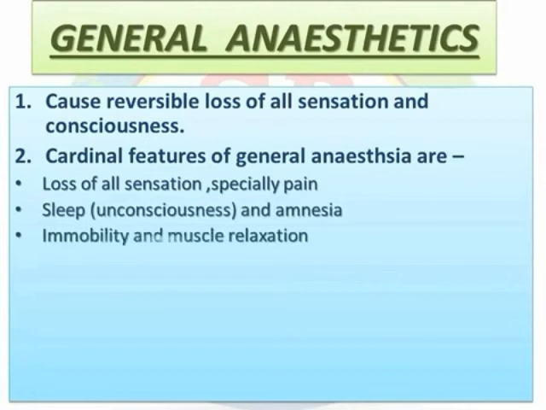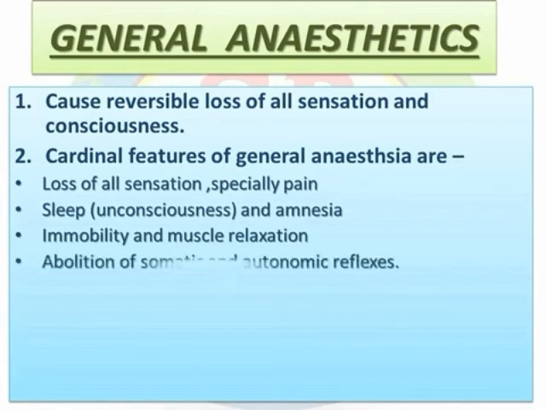So next we see the stages of anesthesia. The first stage is the stage of analgesia. It extends from the beginning of inhalation of the anesthetic to loss of consciousness. The second stage is the stage of delirium or excitement. It extends from loss of consciousness to the beginning of surgical anesthesia. It occurs due to release of lower centers from inhibitory control of higher centers, and dilated pupils are also seen in the stage of delirium.